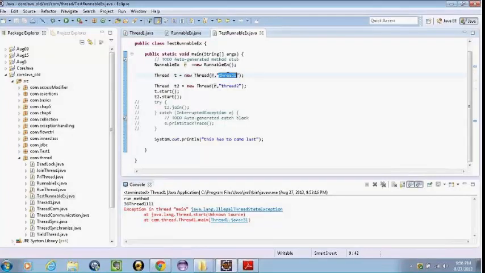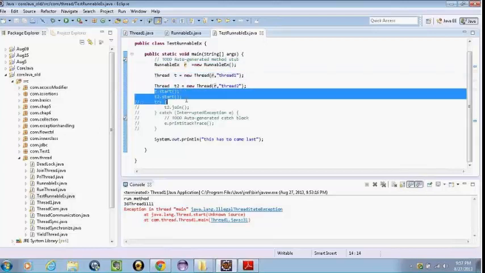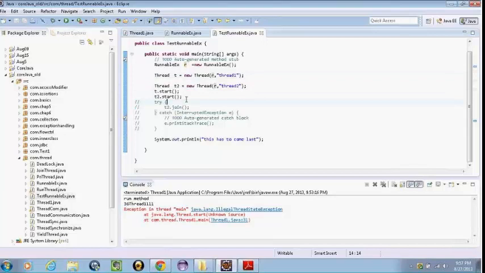So any doubts on this? Hello, Neha. Yes, I have one question. How can we decide that we have to use the synchronized keyword and the volatile keyword? See, volatile is used for variables. These are two different questions, folks. Let's talk about volatile.